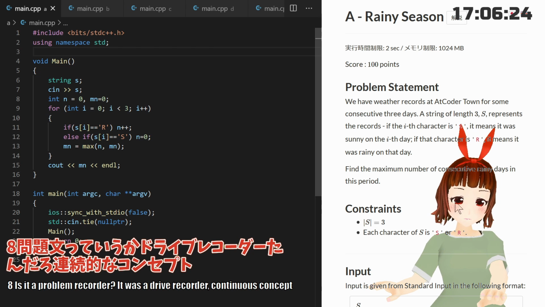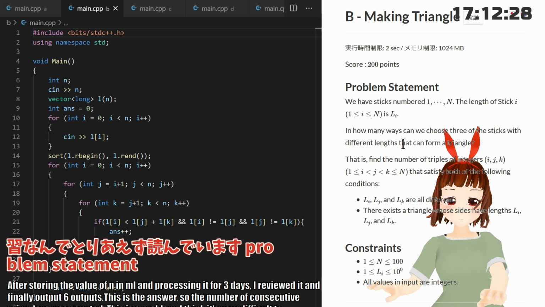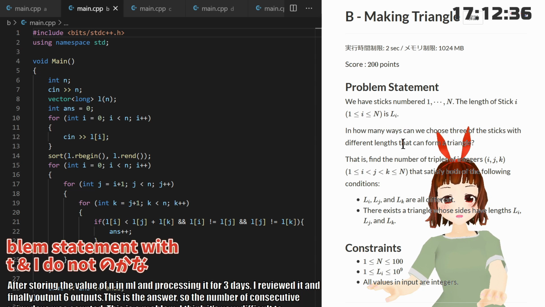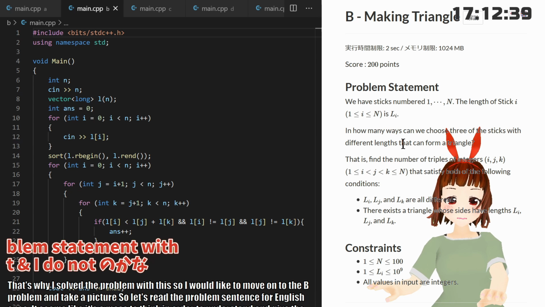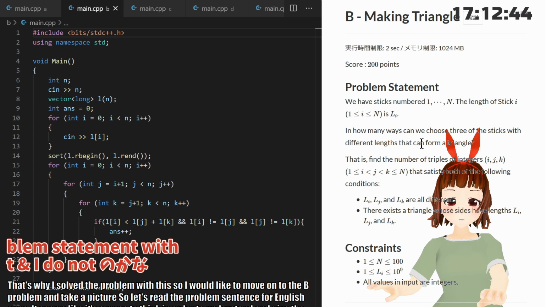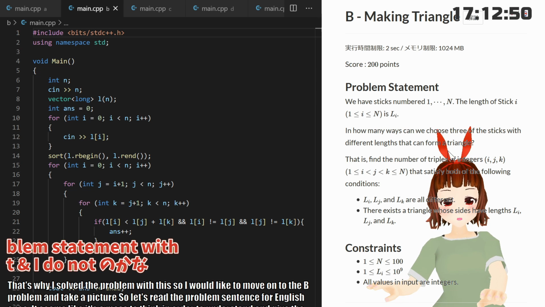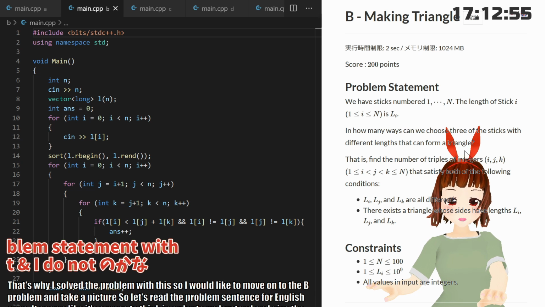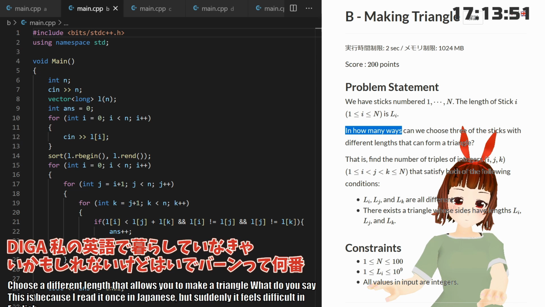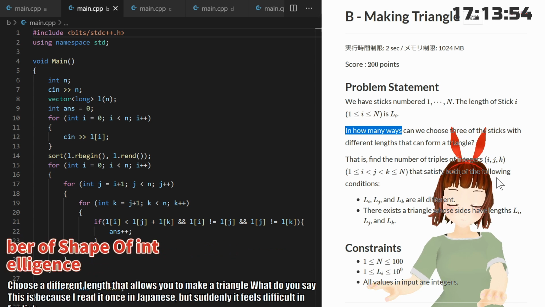That's how it goes. Problem statement. We have sticks numbered 1 to N, I guess that's how you read it. The length of stick i is Li. In how many ways can we choose 3 of the sticks with different lengths that can form a triangle? Doesn't the English grammar in this sentence seem difficult? Then, find the number of triples of integers i, j, k